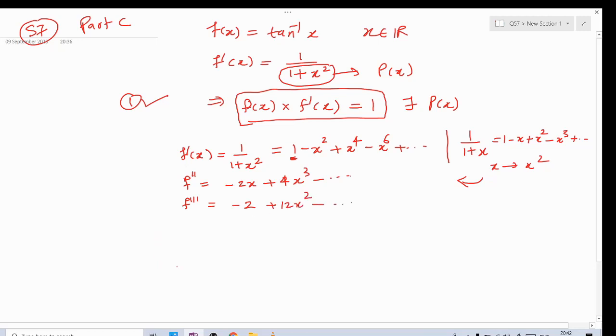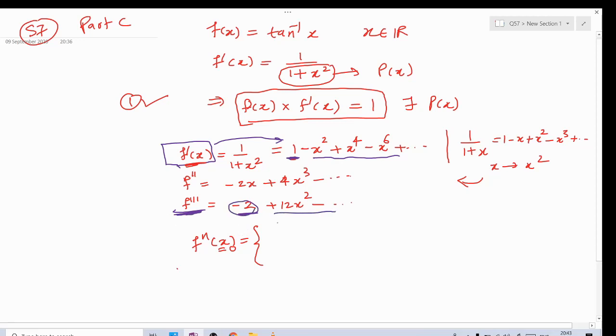Now look carefully at what our general derivative is. We are looking at x equals 0. If I consider the first derivative here and substitute x equal to 0 throughout, I will get a non-zero term. 1 is non-zero, and every other term is going to be 0. So for odd order of derivative, we will get a non-zero term, and everything else will be 0. Means what? For odd orders, the derivative survives. Means our derivative is 0 whenever n is even.